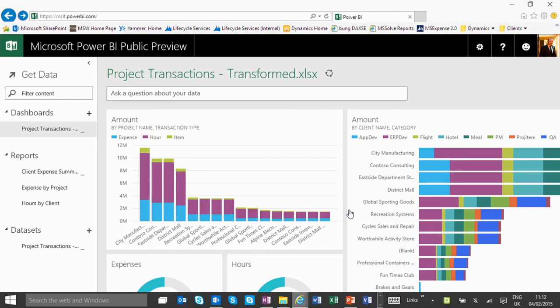I've uploaded that. You could have an SSAS connection. You could have a connection to Dynamics CRM. You could have a connection to Salesforce. Basically, there's a whole bunch of different data sets that you can expose that would sit there as your data sets. Reports then are very much like what we were just looking at before, a single pane visualization that you would build through PowerView. And then dashboards are then you picking and choosing from those different visualizations on what you